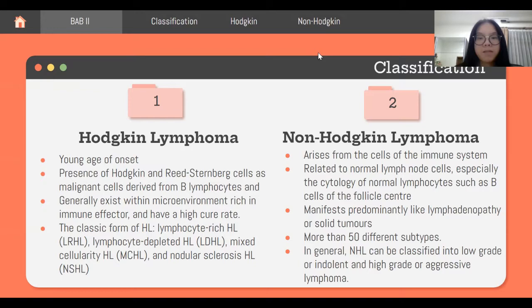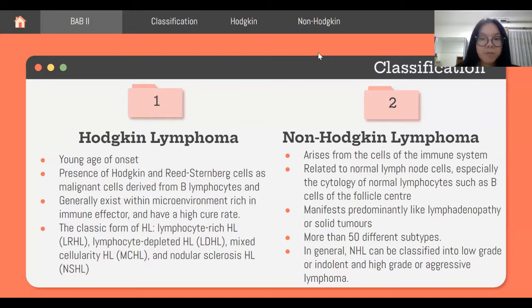Well, non-Hodgkin lymphoma is a malignancy that arises from the cells of the immune system, and its cells are closely related to normal lymph node cells, especially the cytology of normal lymphocytes. Non-Hodgkin lymphoma manifests predominantly like lymphadenopathy or solid tumors, and its classification is complex and continually evolving with more than